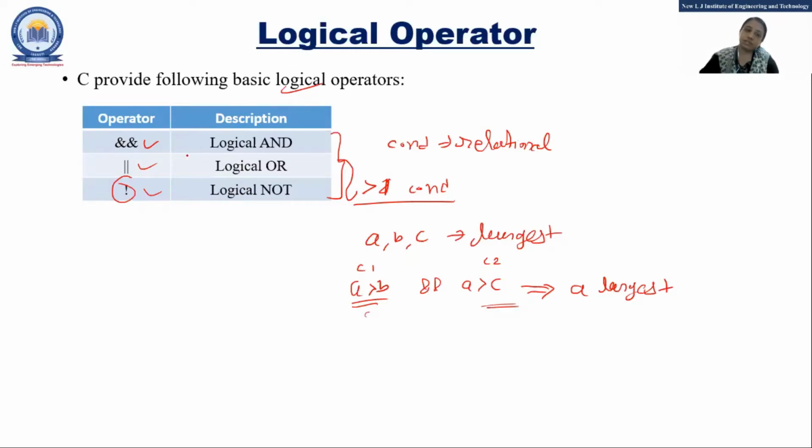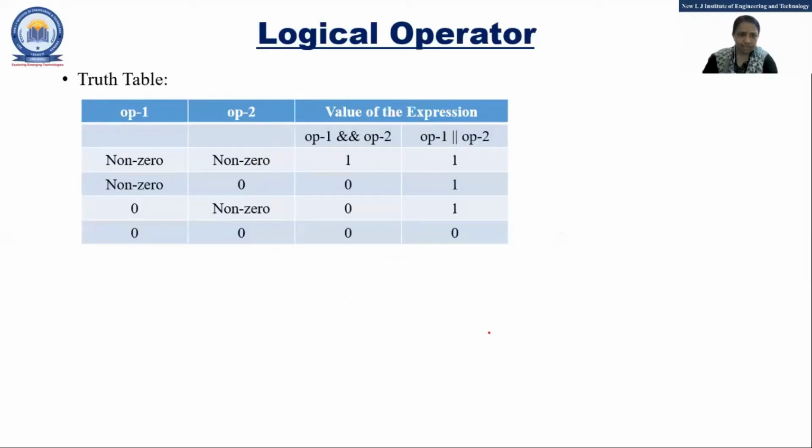At that time you are supposed to use logical OR. So logical operators AND and OR are used when you want to combine more than one condition. It is not that you can specify only two conditions, you can specify any number. If you want all to be true, you go for logical AND, otherwise logical OR. And we'll see the truth table of that also.